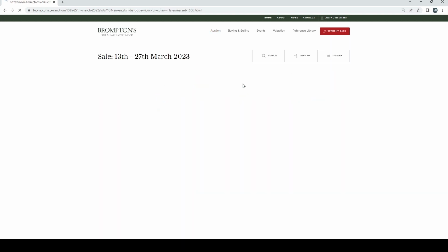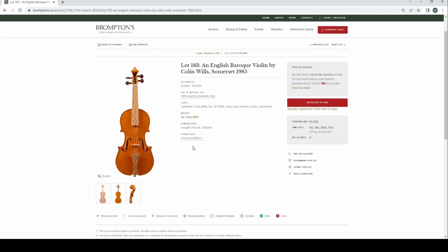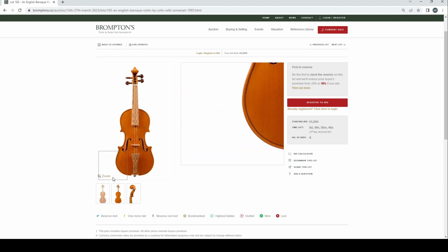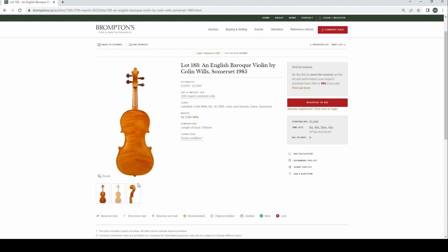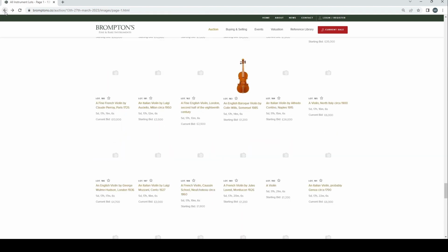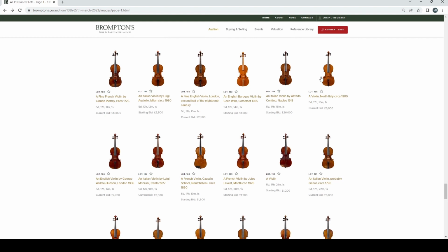Let's look at an English Baroque violin by Colin Wills, Somerset, 1985. Starting bids of 1,200. Good to see kind of a more contemporary instrument. Looks like it's pretty well made. Okay, we've got